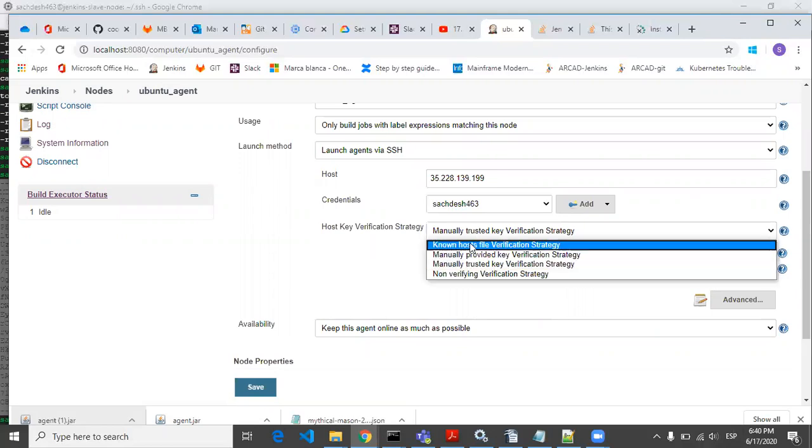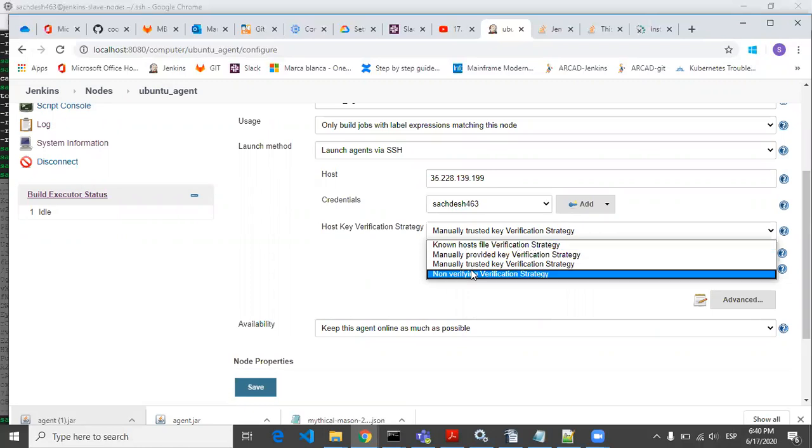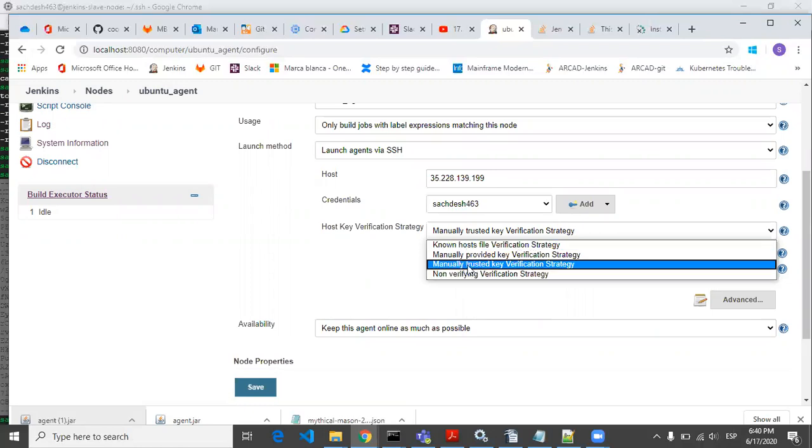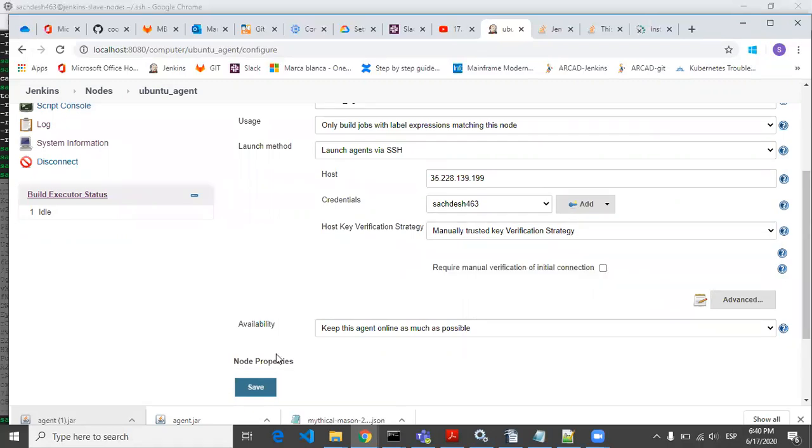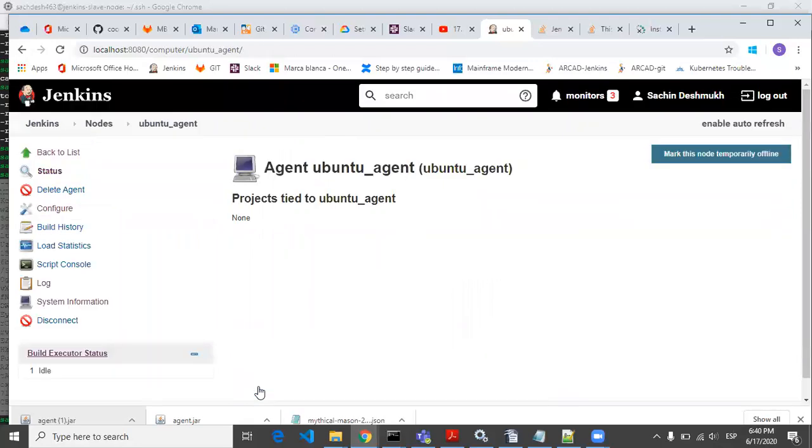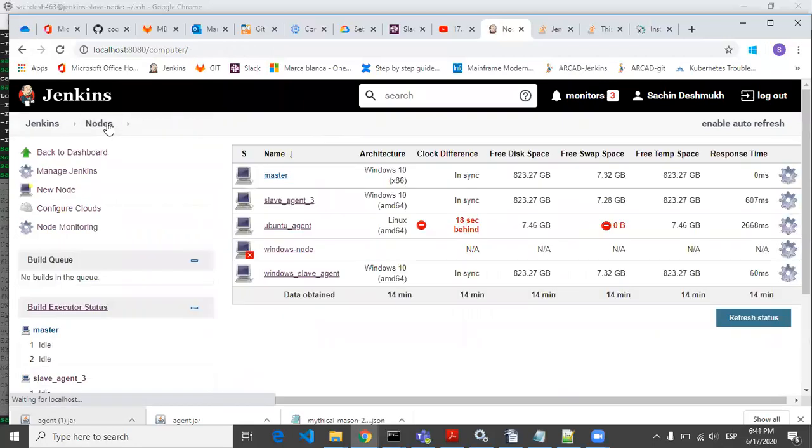And for host key verification strategy, there are 4 options. We already configured that credentials. So just choose the third option, manually trusted key verification strategy, and click on save. Now this Ubuntu agent is already active.